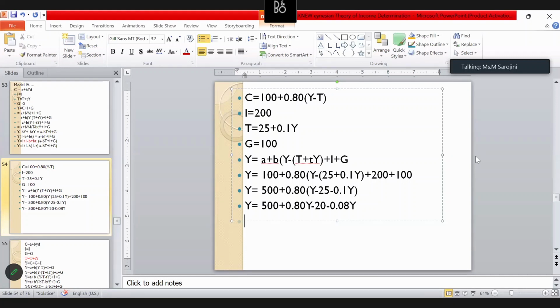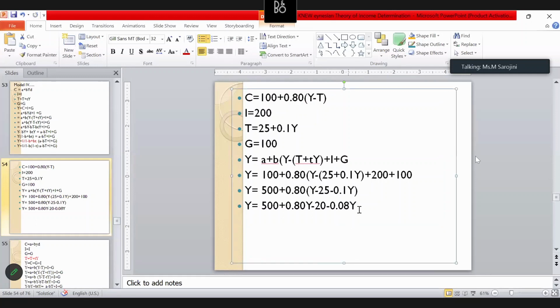Now we have to add all the Y's. You have to practice these things again and again. Here Y minus 0.80Y minus 0.08Y, that is equal to how much? 0.72Y, that is equal to